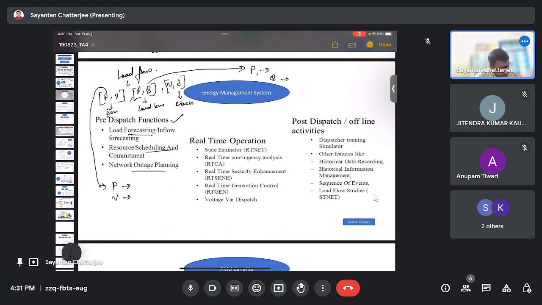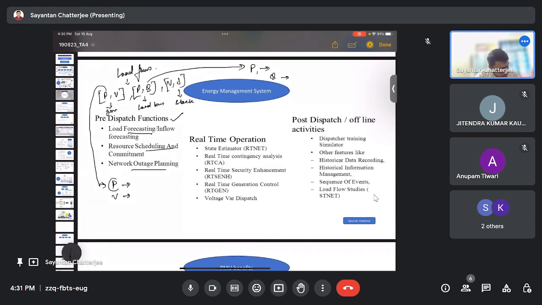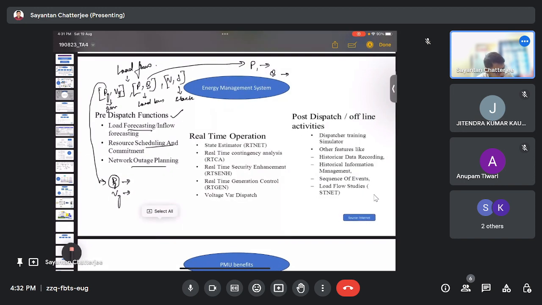But prior to the load flow analysis, we need to find the value of, let us consider it as PG, meaning generator bus, and this as VG. So this PG comes from